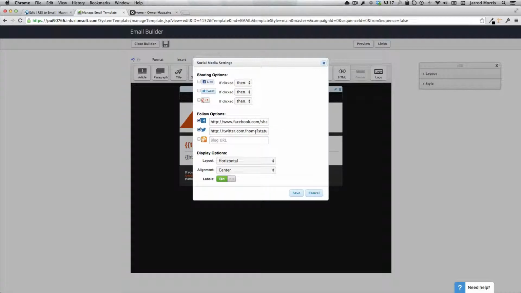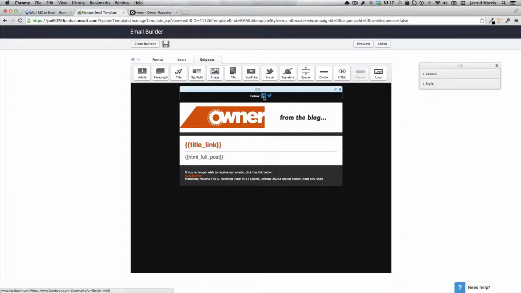So we've done some cool things in here, which I will probably include in our Facebook user group or something, to actually share. Now it does say follow, but it's a heck of a lot better that someone can click this and, either through Facebook or Twitter, easily post a link that goes straight to your blog post, not to an email where